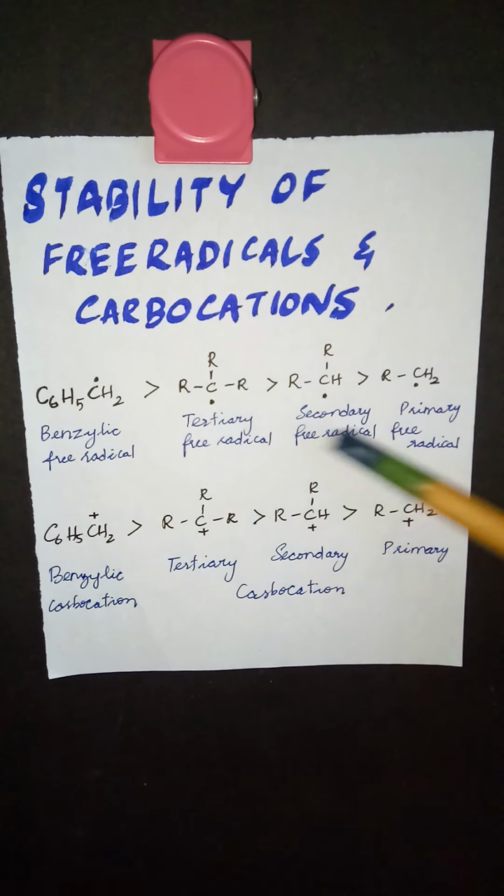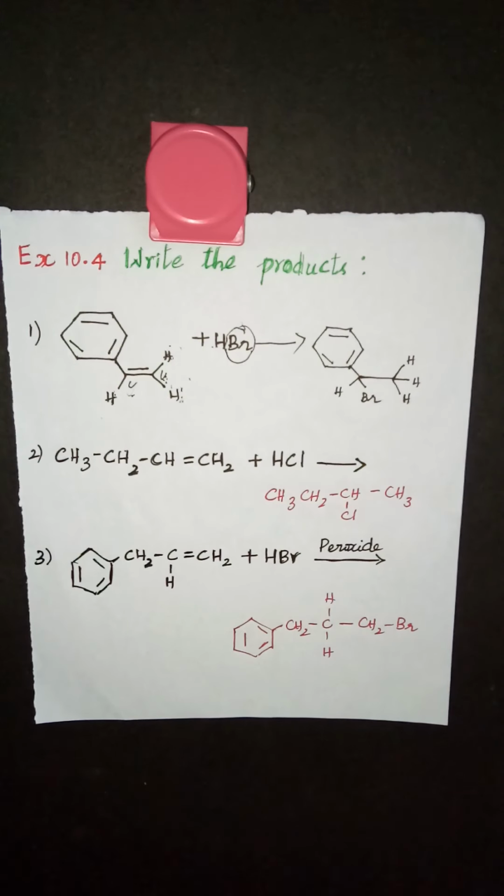So please remember this order so that we could apply this when we try to predict the products in a given organic reaction. Now let's try to predict the products. Before you start doing this, I just want you to watch the previous video so that you can understand the different methods of preparation of haloalkanes. So we can prepare haloalkanes from alcohols, alkanes, alkenes, and from other haloalkanes also, which we call as halide exchange.